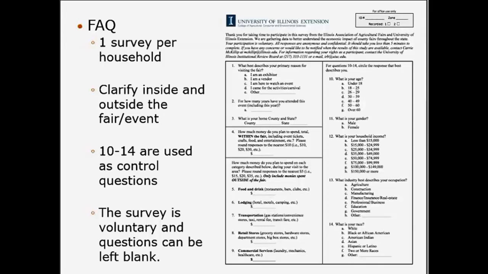events, crafts, rides. So if they buy a corn dog there, if they buy a ticket to a concert, if they pay entrance fees, or if they buy their kid a souvenir, if they buy carnival tickets, all of the above, that fits into that money category. And so it's how much money is spent within the fair. And then every question after that is how much money is spent outside of the fair. And it's important to understand that these are two very different things.